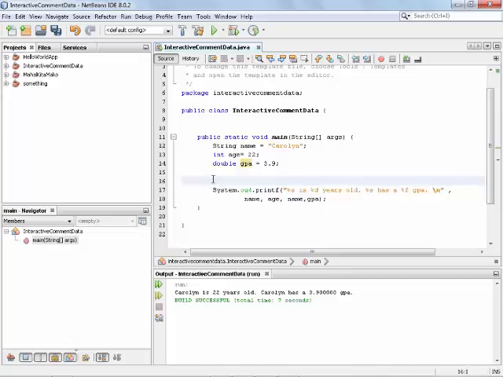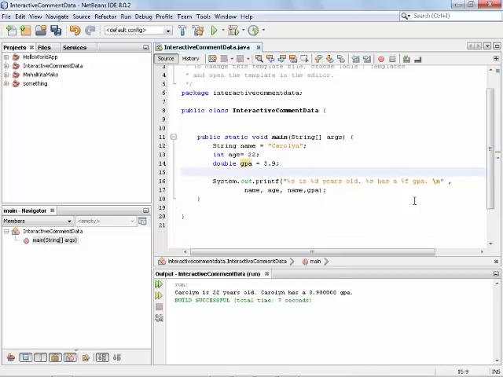So I try it again. By the way, percent f is the floating point, and our GPA at the bottom is 3.9000 because of the double.